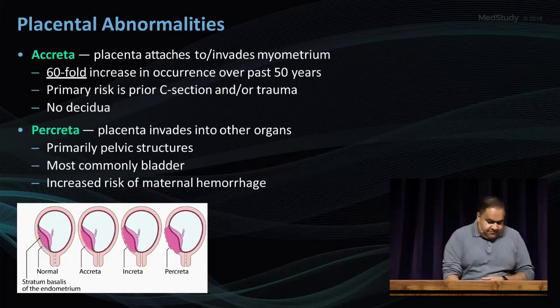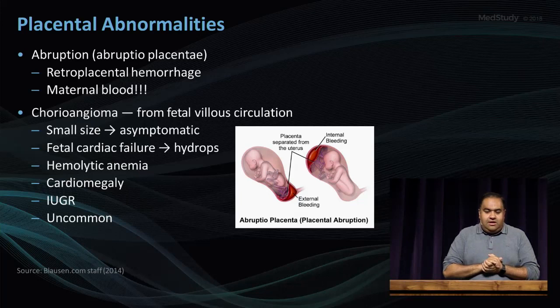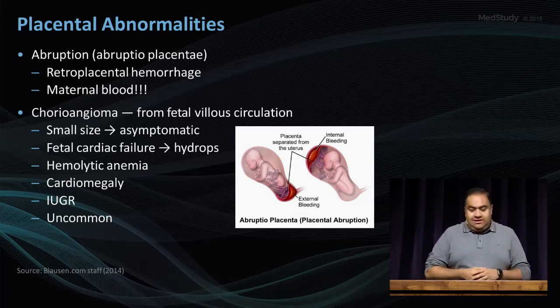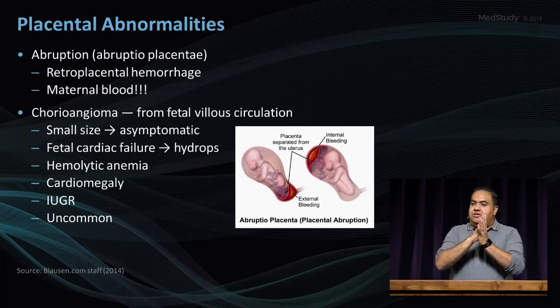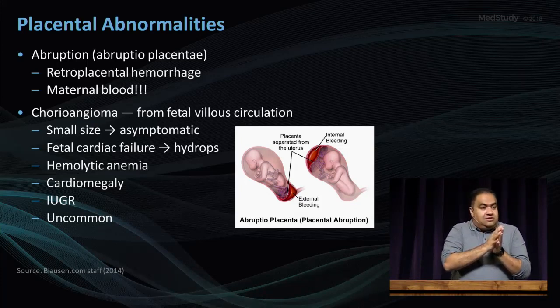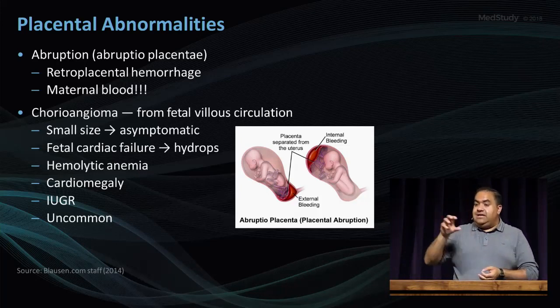All right, so major risk of maternal hemorrhage, as we mentioned. Abruption, or abruptio placentae, is a retroplacental hemorrhage. This is mom's blood, okay? And this is the problem. Remember, as that placenta is attached to the uterus, nutrients are going well, okay? And the minute you start to get some tear or a pull apart, now time's a ticking, okay? So as that goes,